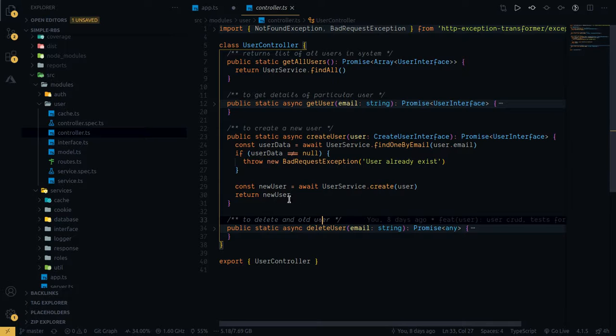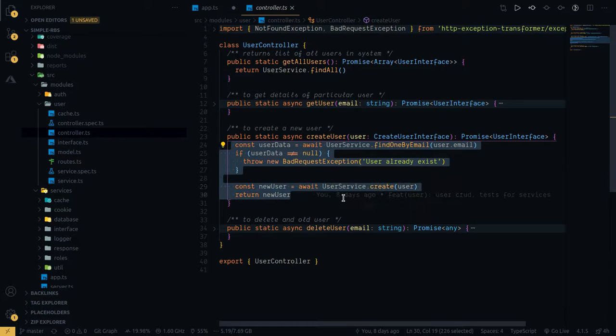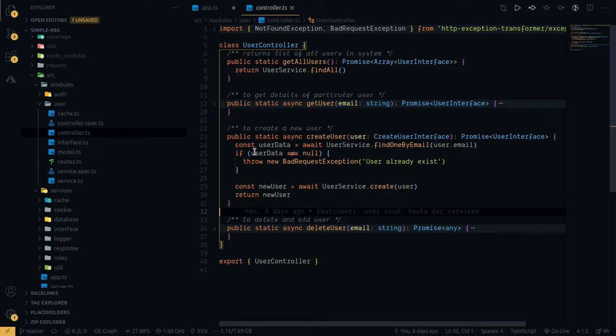So you see in the controllers part, we don't have any try-catch sequences, right? We are directly throwing an error, and that says the bad request exception.